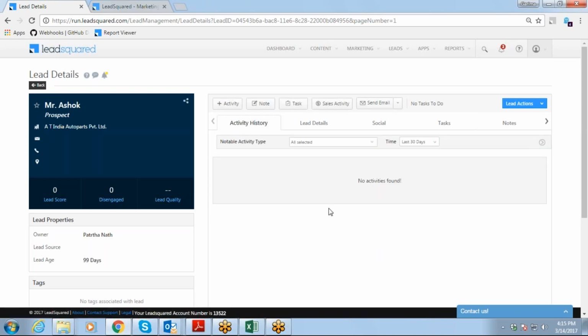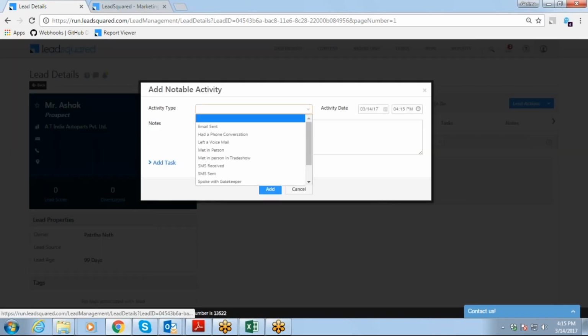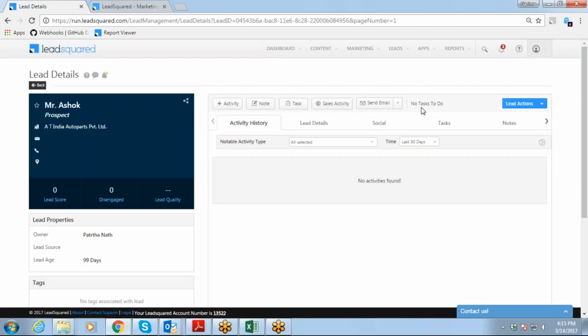So whenever you add activities, you have phone call, you send them emails, anything you do with these leads, the activity will be posted here automatically, right? So if you add yourself, you can add on your own. For example, if you sent an email and the email was bounced or email link was clicked, that is an automated activity that will be posted automatically, right?